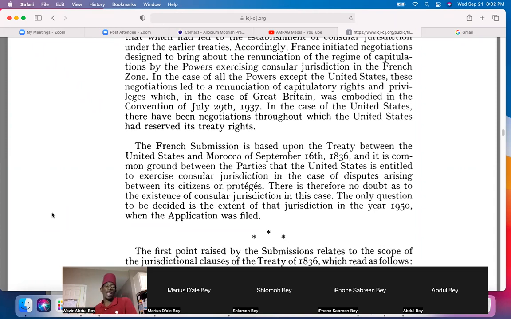In other words, what the hell y'all got to do with this? How is France using Moroccan law treaty provisions for their defense? They're using the treaty between two other states for their case, for their argument. And the United States is doing the same. So France is using Moroccan law for their argument, and so is the United States. Wow. And where are the Moors?